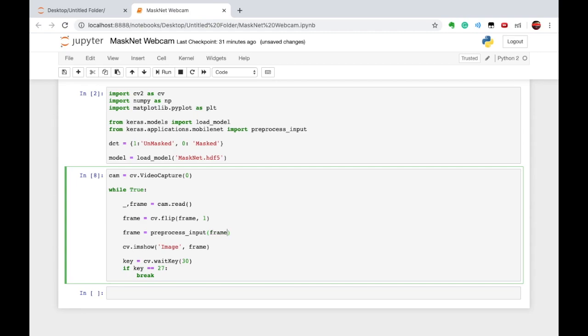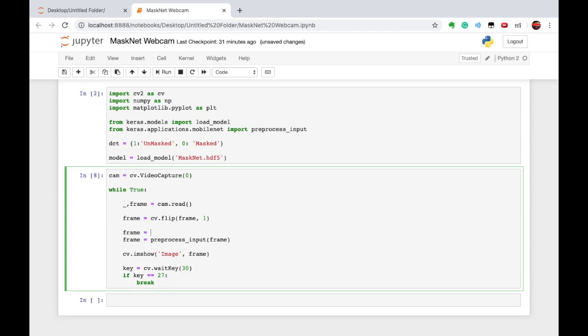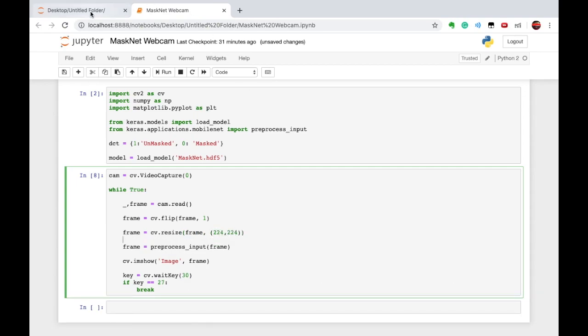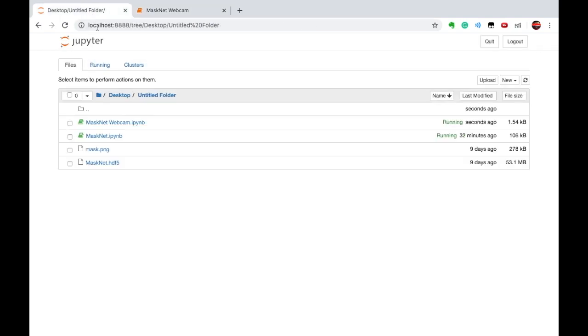But before pre-processing the input, I also take care of the dimensions of the image. So before that, I am going to change the dimension of the image using the cv.resize function. In resize, I am passing our frame here, and I want to resize it to 224 by 224. You can see this in the code also.